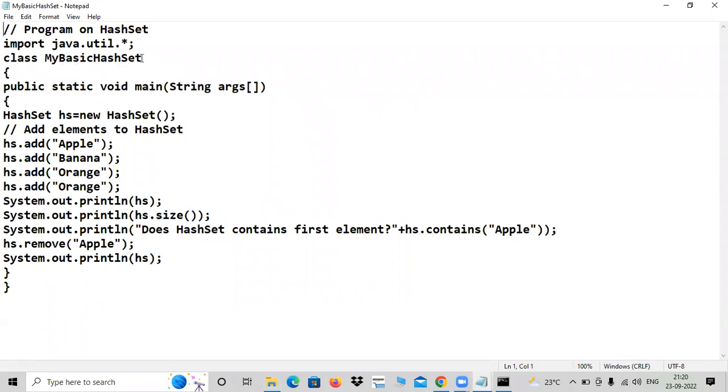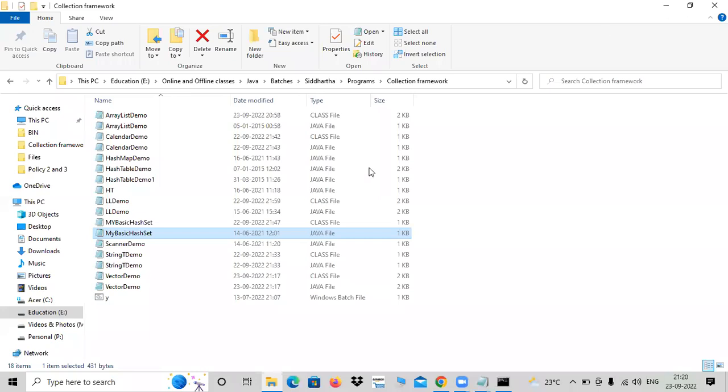Take tree set in place of hash set. That's all. Remaining same story. Every method will work, but output-wise there is a difference. Got it? Like that. And then string tokenizer is done, and we'll move to hash map and hash table. Very important. So what is the purpose of hash map